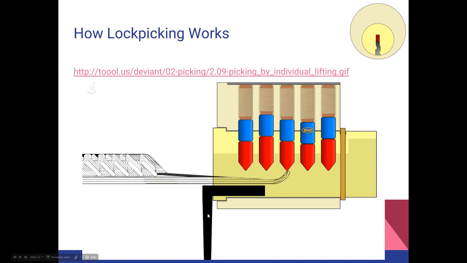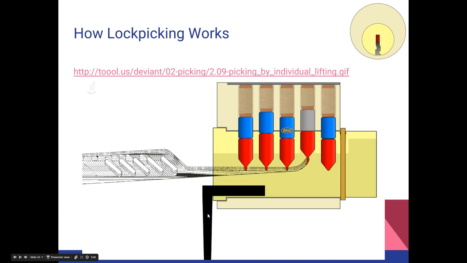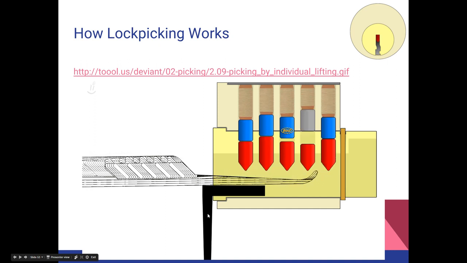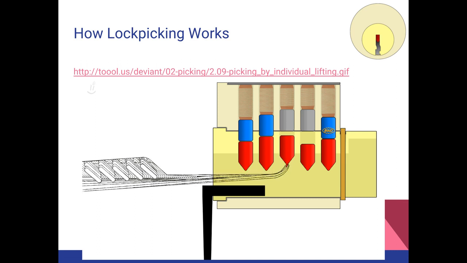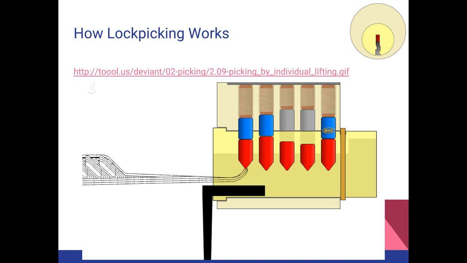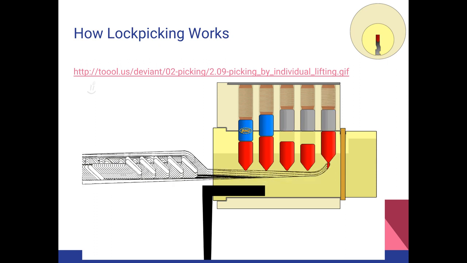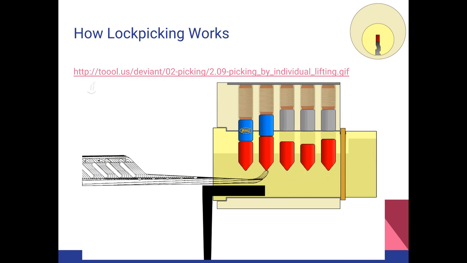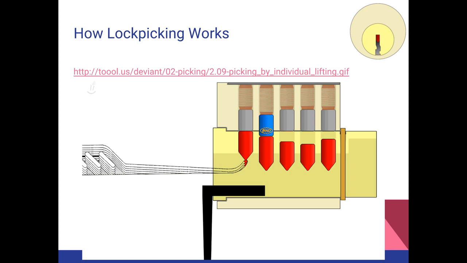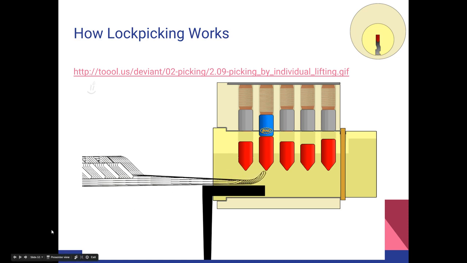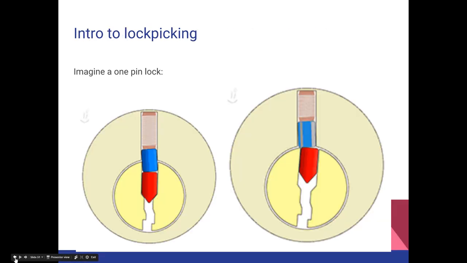The bottom tool is the torque wrench. It's applying rotational force like you would after you insert the key. You spin the lock to open it. So you're spinning it throughout this whole process very, very gently. And the phenomenon that allows this is the imperfection